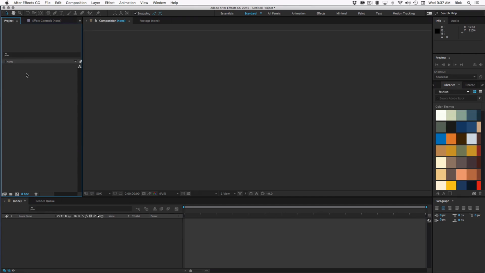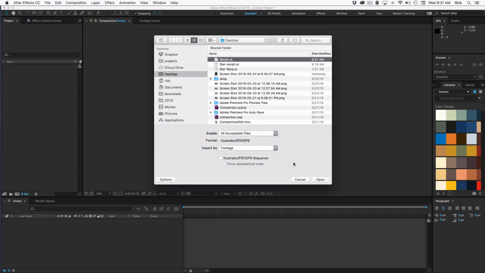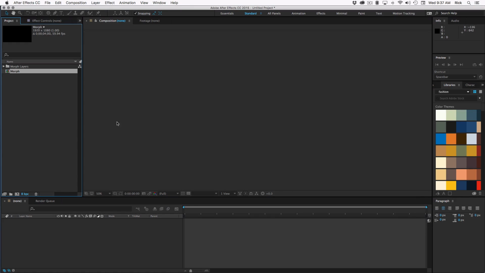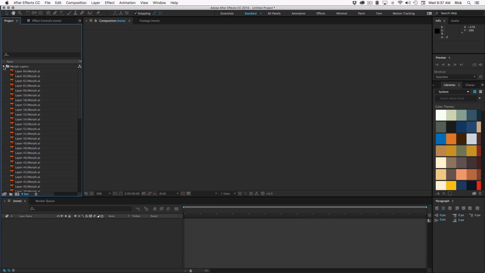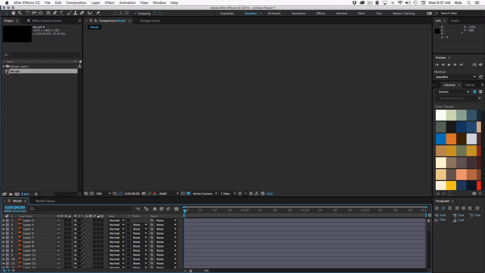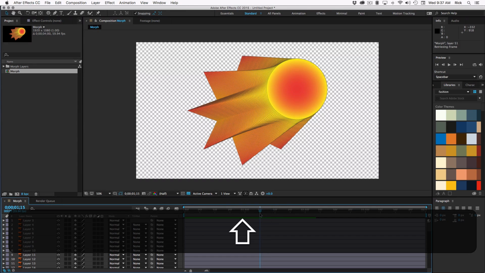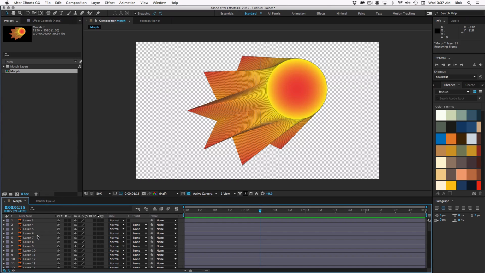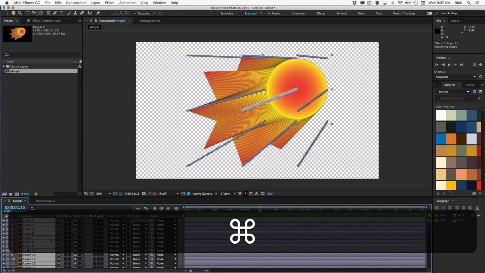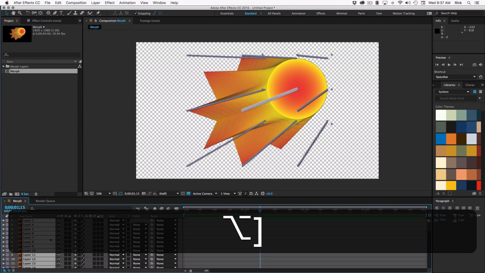In After Effects, we'll import the file as a composition retaining layer sizes. When it's finished importing, you have a folder with all of the Illustrator layers, and you have a composition. Let's open that composition. I want our animation to start at about 1 second. So I'm going to move the current time indicator to 1 second, and then I'm going to select all of the layers,